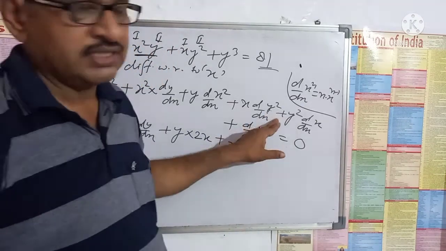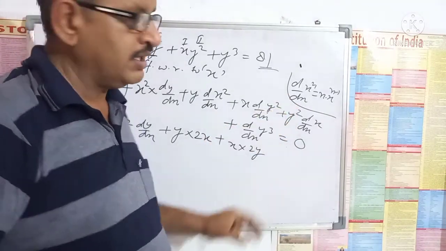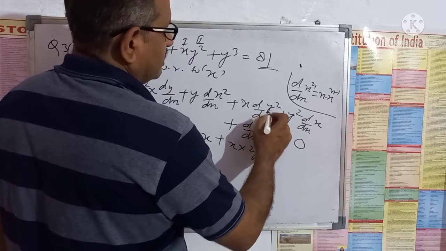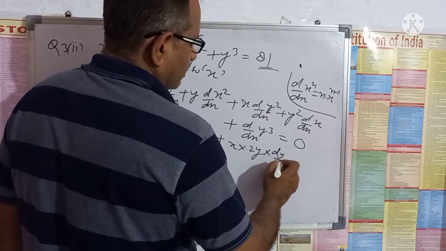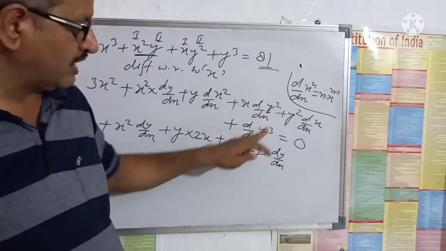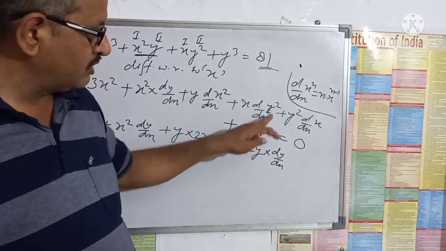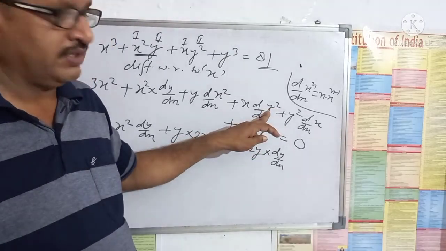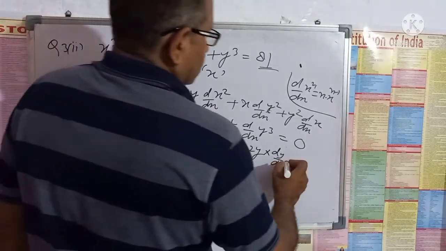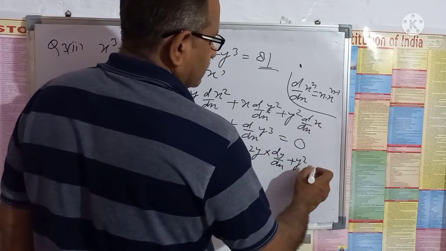Suppose this y is x. What is the derivative of x square? 2x. So the y square derivative will be 2y. Now we have differentiated the power. Again differentiate this y, dy by dx. Listen here: derivative of y square will be 2y, firstly differentiate the power. So 2y into, then differentiate y with respect to x, dy by dx. Plus y square and derivative of x is 1.